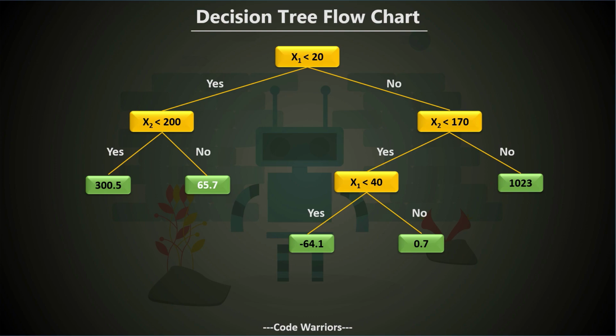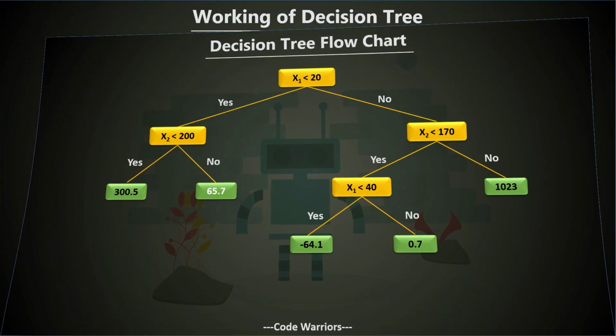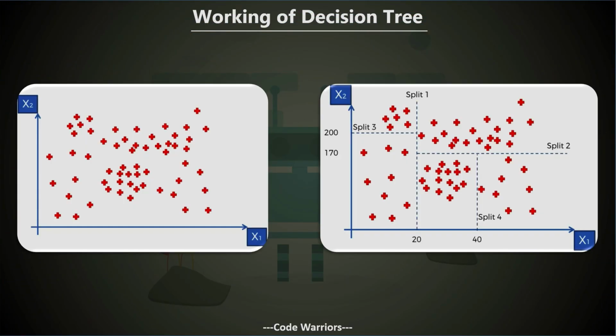Now after these flowcharts, we will see the working of the decision tree. As you can see here, the plot on the left-hand side shows that the data points are not in a linear fashion, they are in a non-linear fashion, since when we move on the x-axis, there is not a linear change in the y-axis. So the decision tree will be the most suitable algorithm for this data set.